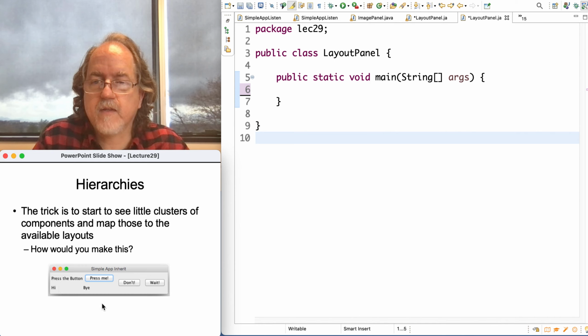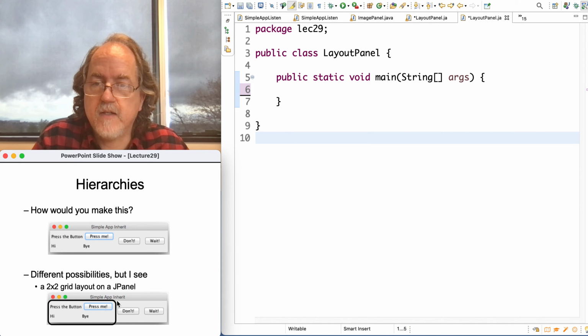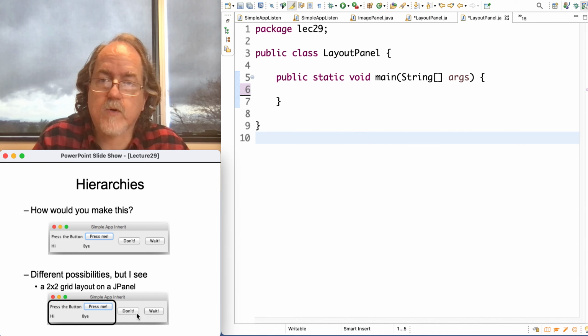How could you make something like this without positioning these things specifically where they're supposed to go? Well, when I look at this, I actually see one group here that's maybe a 2x2 grid, and then this thing, which is a JPanel containing those things, lines up in a horizontal line with the other two buttons, right? So you would first make